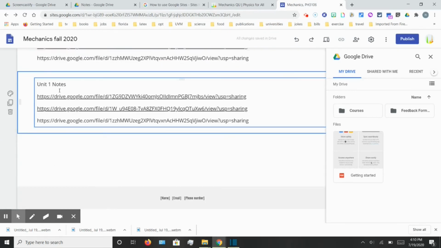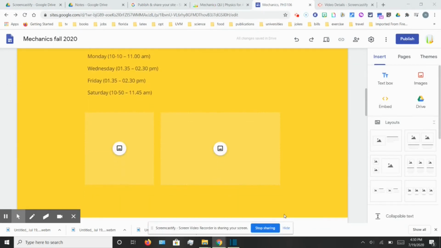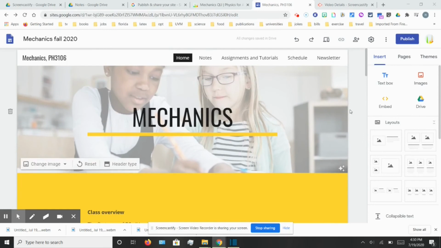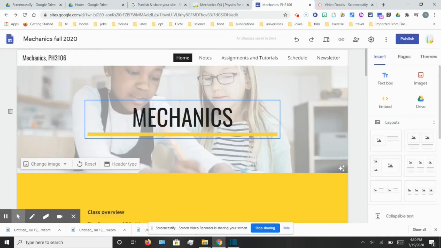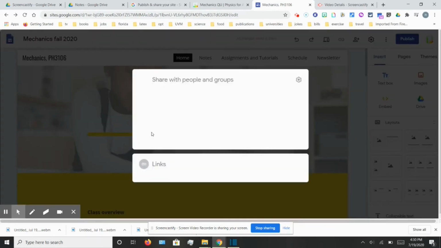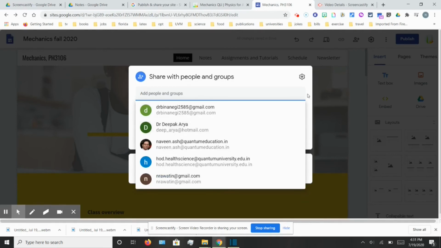Once you're done editing your website, you can go ahead and publish the website. You can click the button on the top right hand corner. It will ask you to manage the access. You have the option on this Google site that only the people that you allow access to will be able to view the website. So let's see how you can do that. You can click manage, and then it will take you to this share with people option, and here you can add the people that you want to give access to, and you can choose the option that they can only be a viewer and not an editor, because you don't want the students to edit the website.